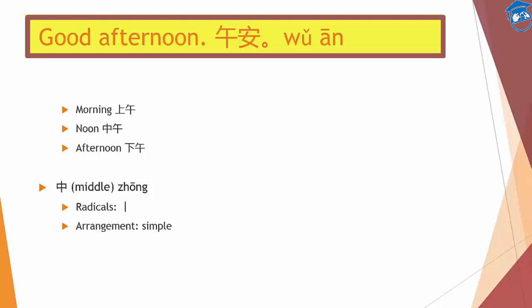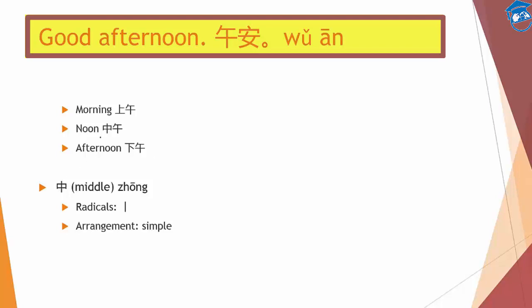Okay. 早上 also means morning, but it can be used in formal and informal context. And noon, we call it 中午. And afternoon, we say 下午. So you can imagine that 午 is like to indicate, depending on the combination of the other character, it can mean morning, noon, or afternoon. Okay,